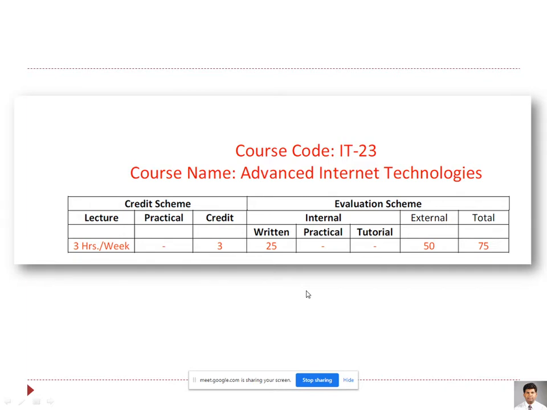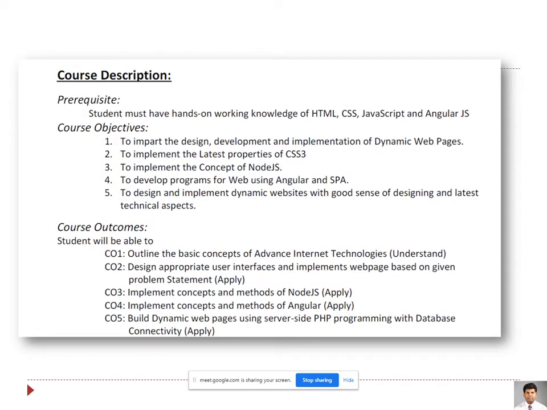In this subject, the prerequisite is that you should be familiar with the different frameworks currently being used by web developers. The focus of Advanced Internet Technology is what technologies have been added in the industry for the development of web applications. We'll handle HTML and CSS modules, then JavaScript, to some extent AngularJS and Node.js, and finally we'll land on PHP also.